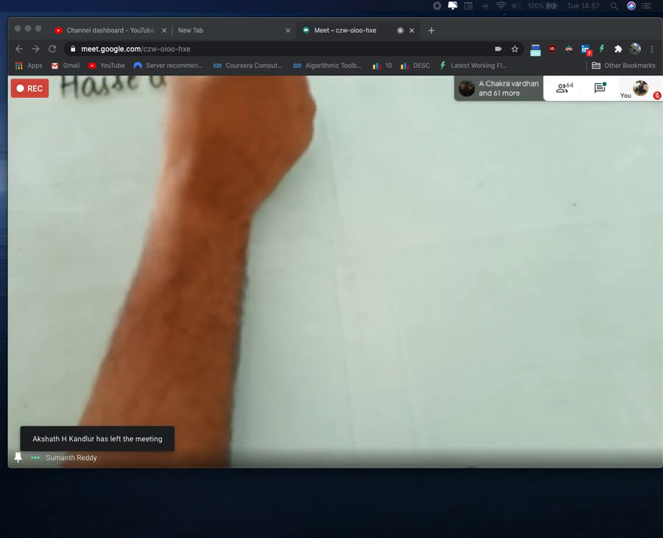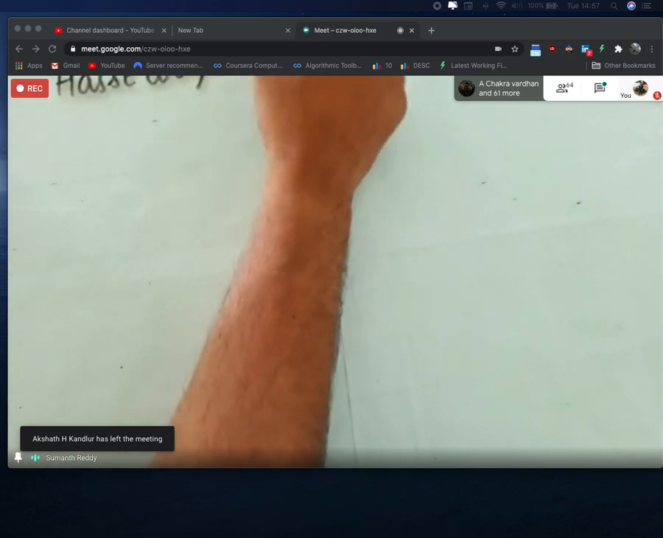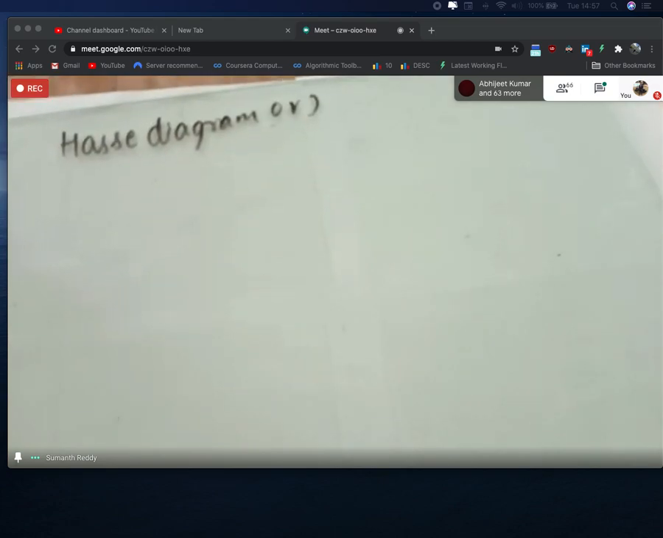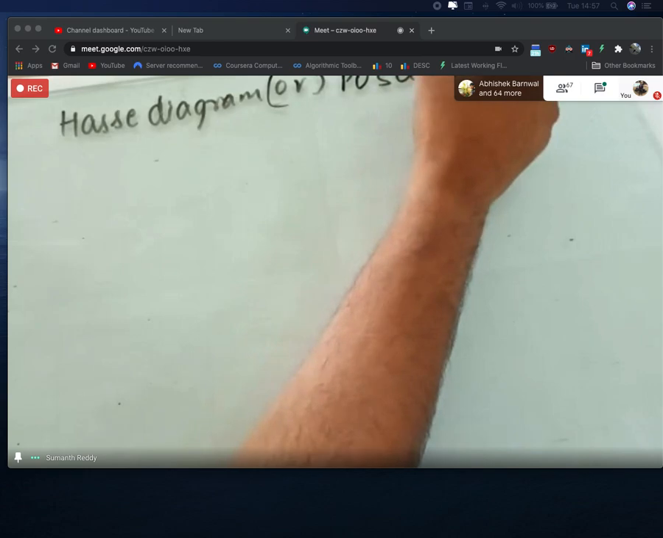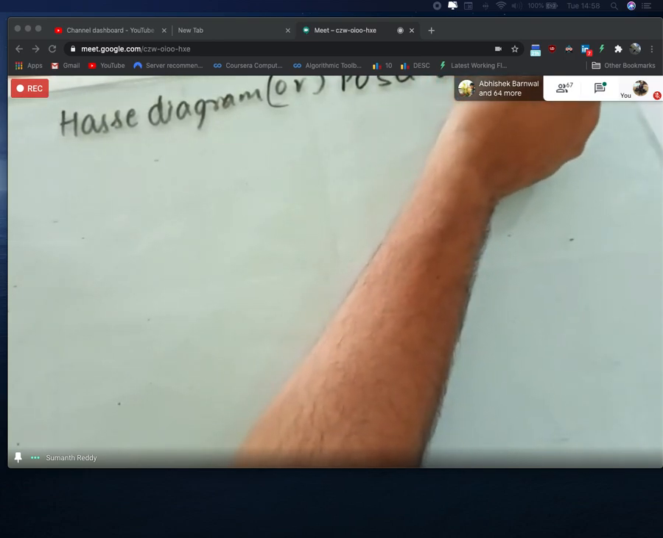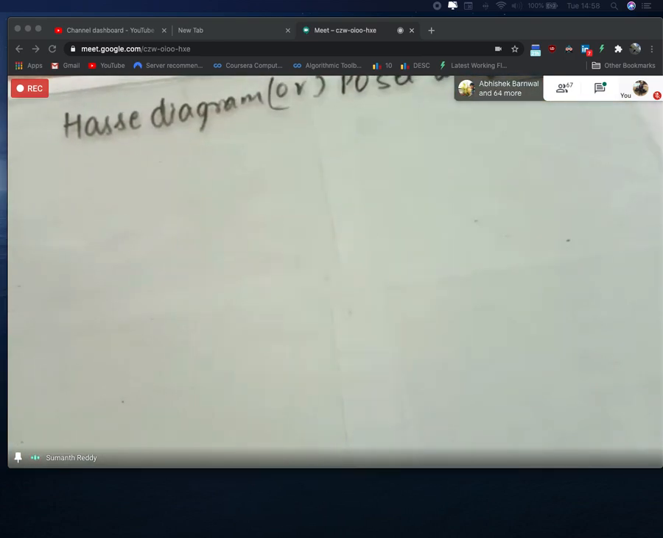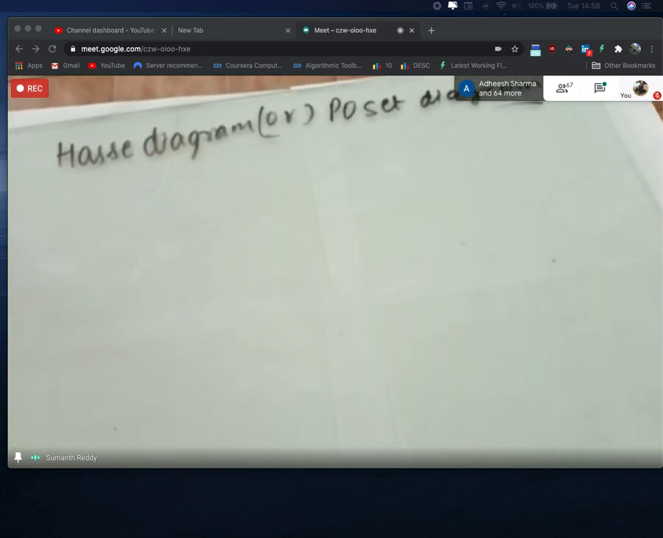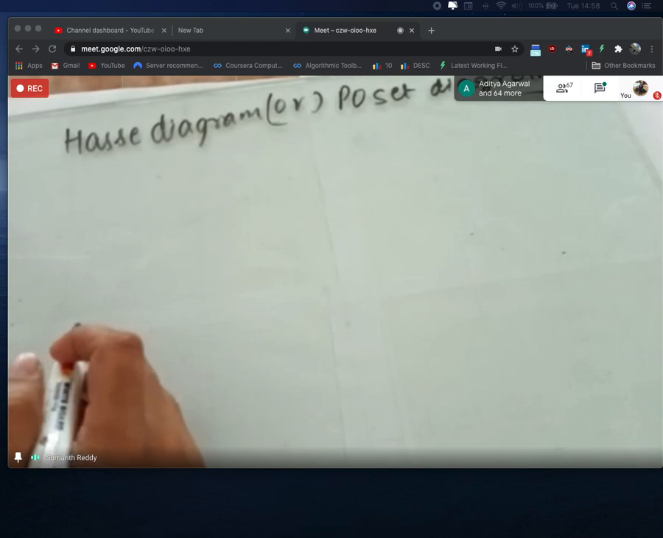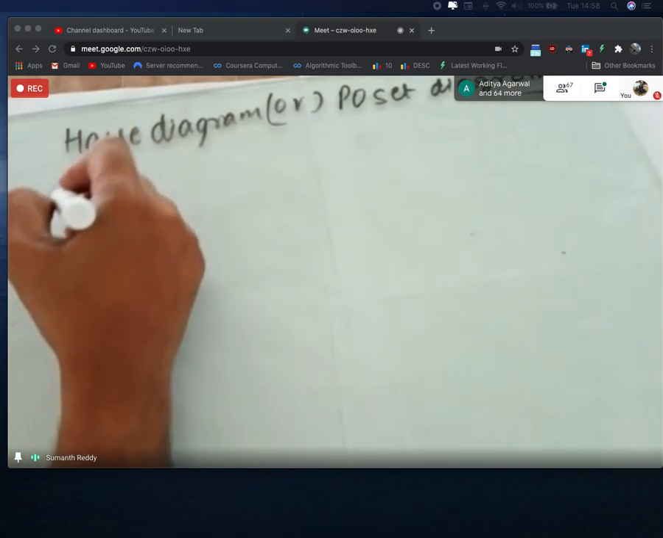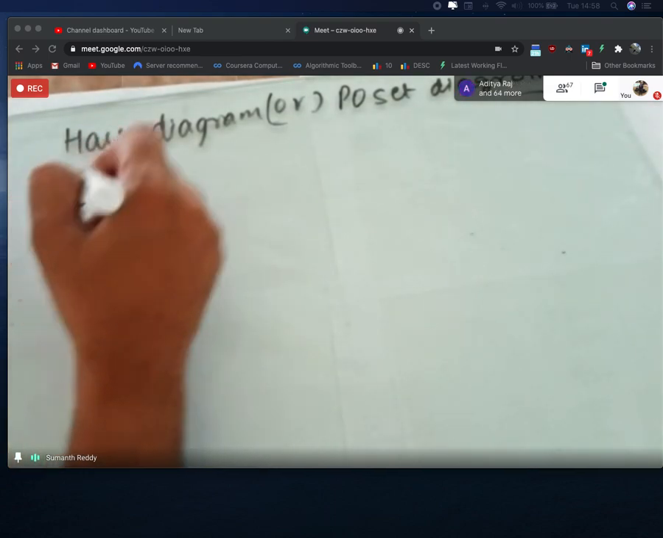Okay, so let us now learn how to draw the Hasse diagram. It is also called the Poset diagram. If I have to draw the Hasse diagram, you just need to follow three basic rules. The first rule is...